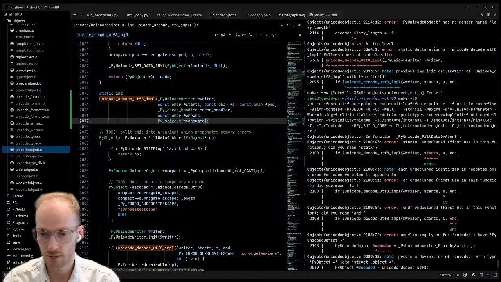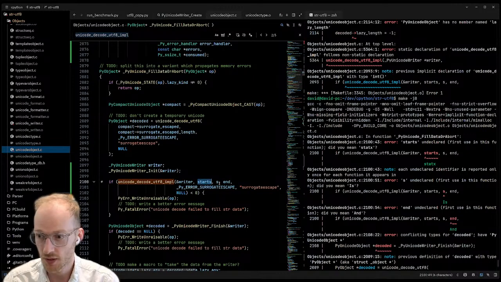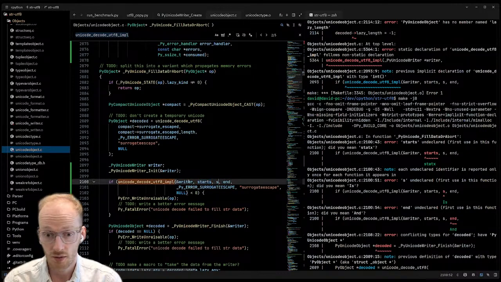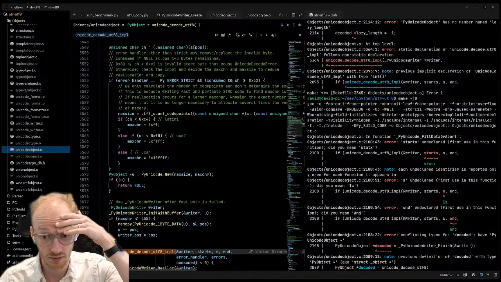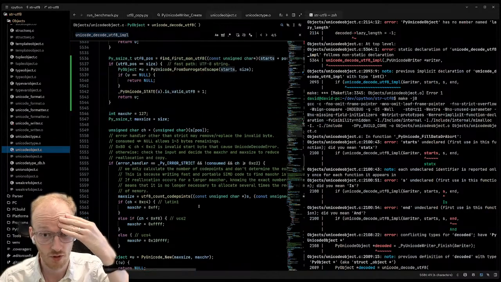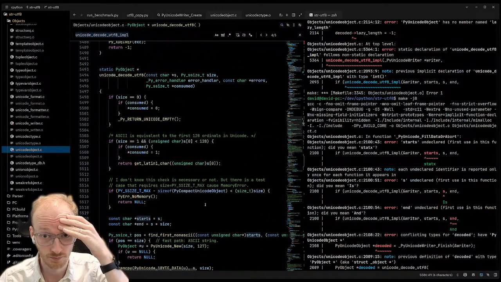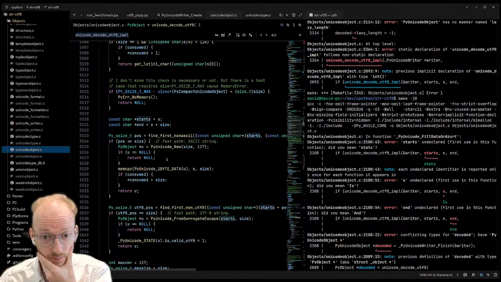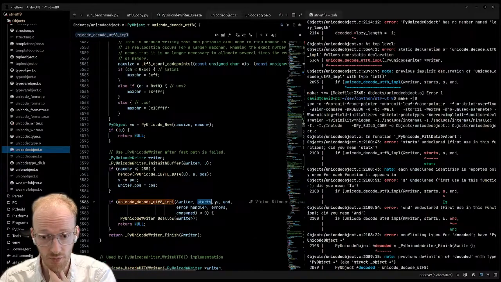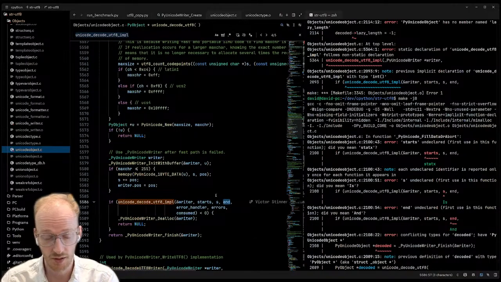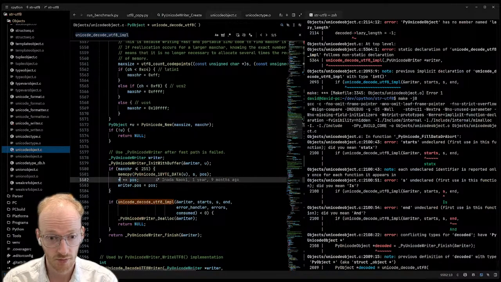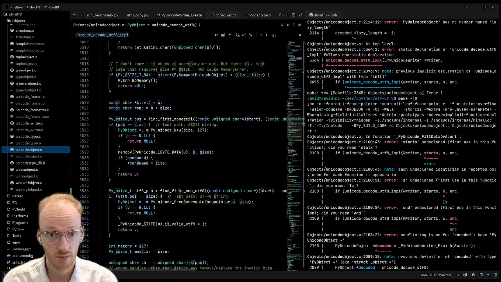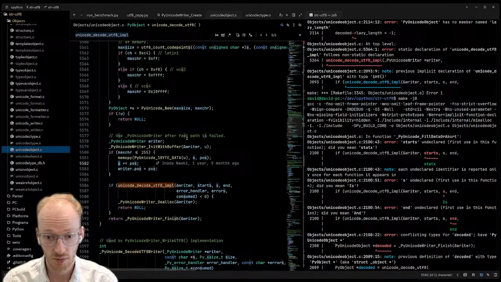Oh, we haven't worked out what our pointers should be. What were they? What is S? S is the start, is the full string. Yeah. S is where we currently are. End is the end. S is the pointer. So I think we want...